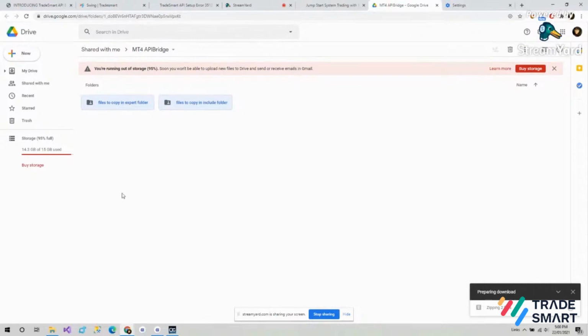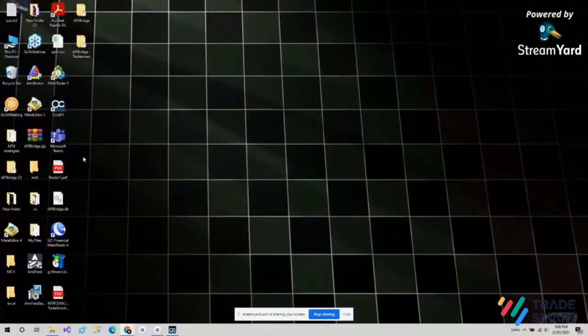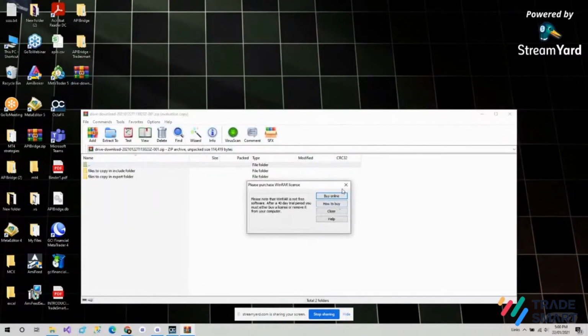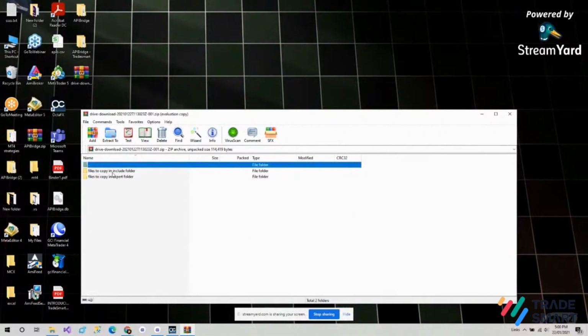So the files are getting downloaded. So this is the file. This is the zip folder that got downloaded. We'll open this, and here you will find files to copy in include folder and files to copy in export folder. So what are these include and export folder?